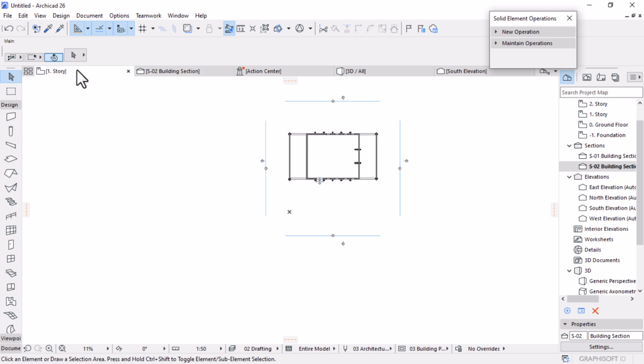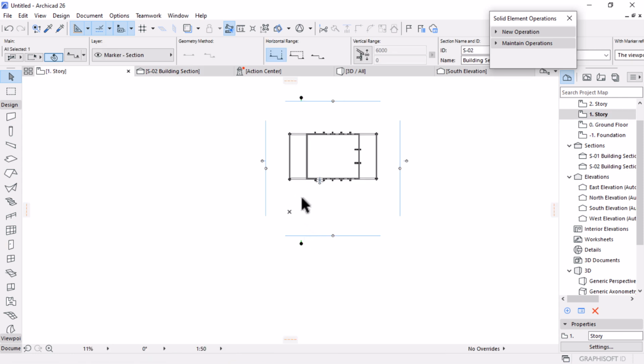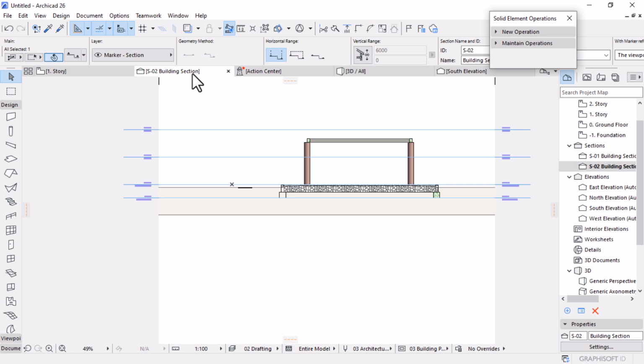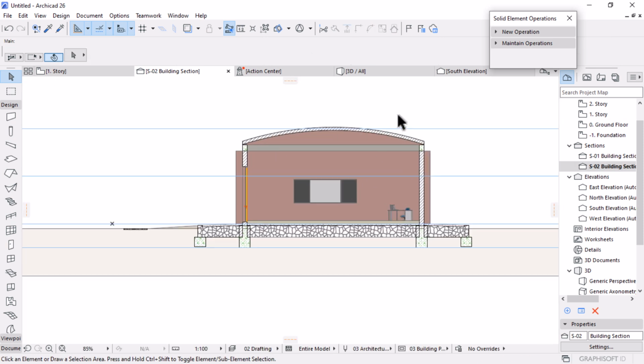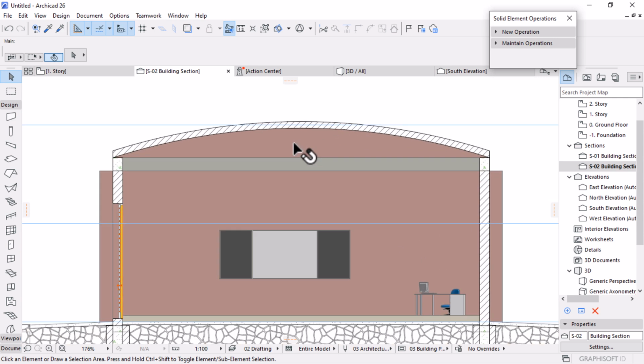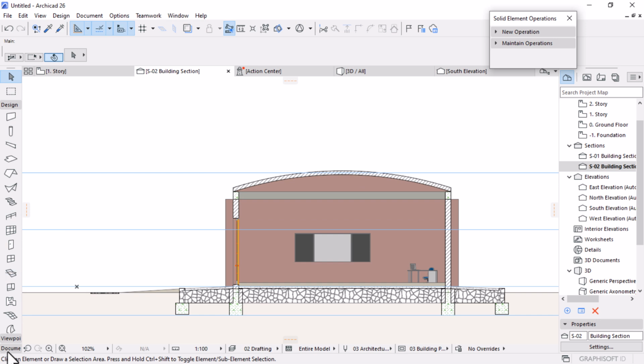No, this is not what I want. Let's move it back to somewhere here. Okay, this is basically what we have, and I want to start sketching the roof profile by using a